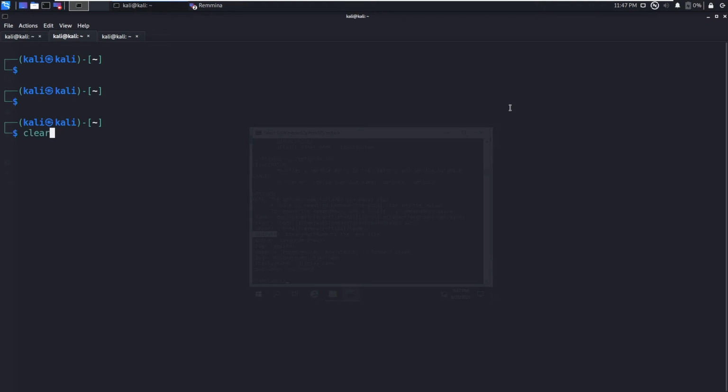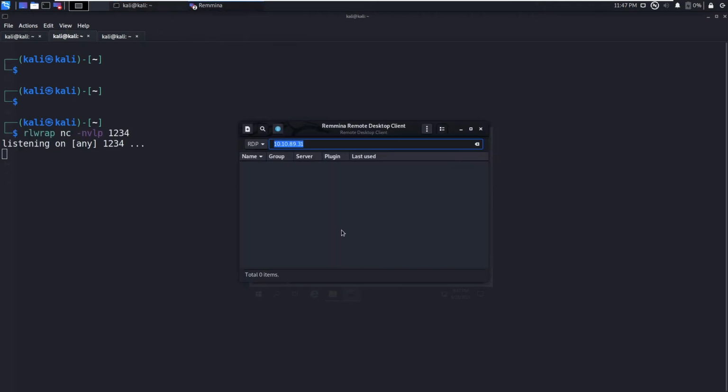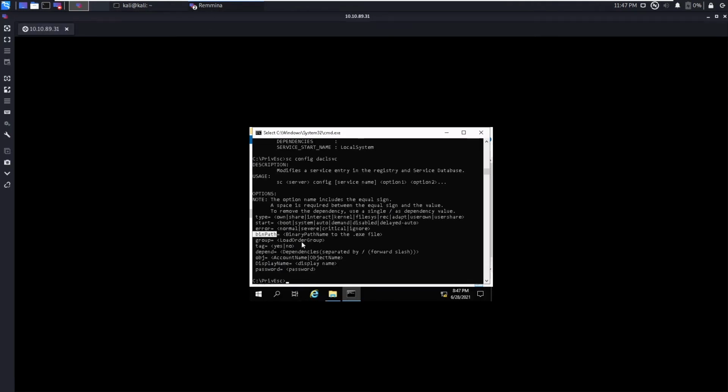After that, make sure you are listening. Now we are going to run sc config with the service name and the property of this service, which is binpath.